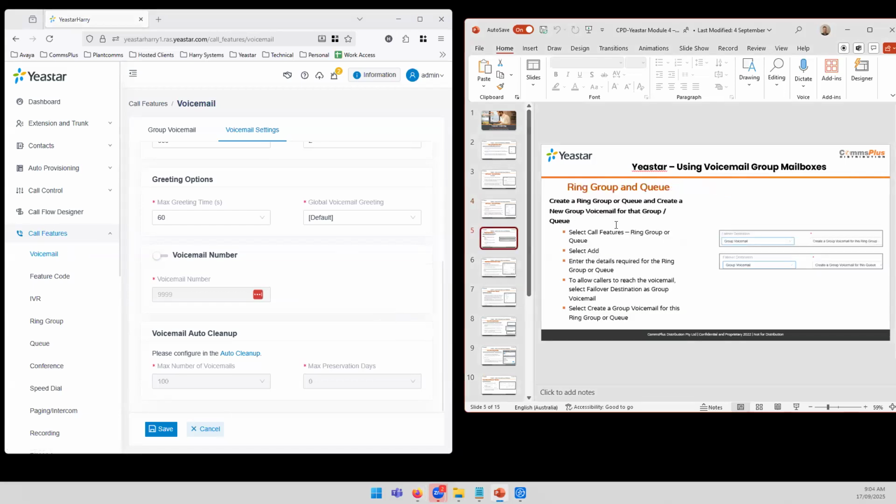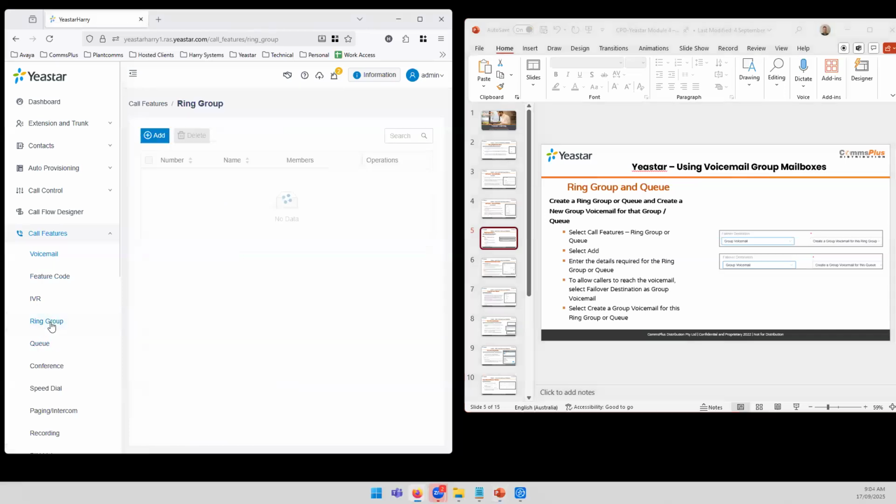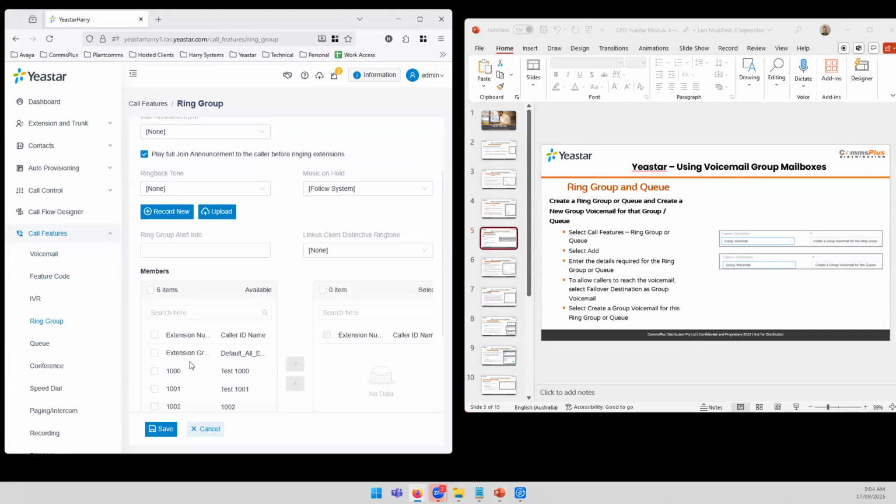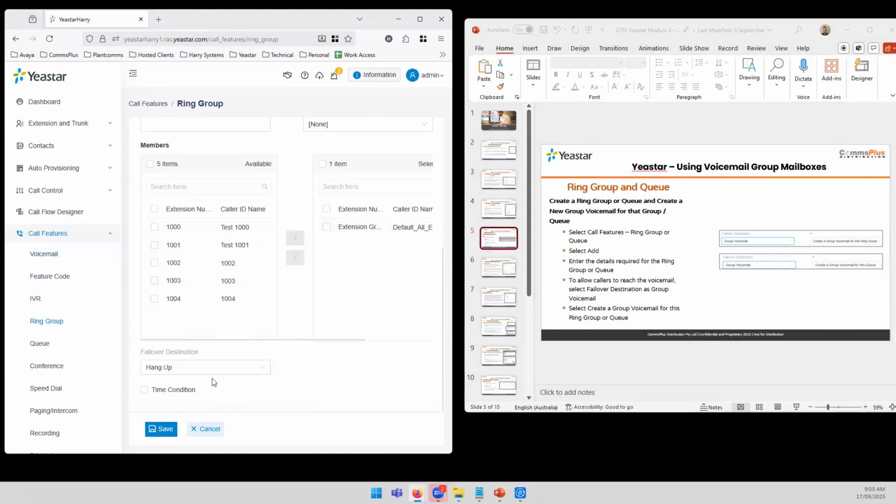So if you were creating a group and want to add a voicemail to it, you've got a couple of different options. So in call features, you've got a ring group and you've got a queue. So if we go ring group, we can add. We've got a name and number. So if I add that as ring group, you can set up your ring group as you require, put your extensions in, and then at the bottom, got the failover destination. So at this point, you can go group voicemail, and then it'll give you the option and say, create a group voicemail for this ring group. So you can do it that way. Click save,